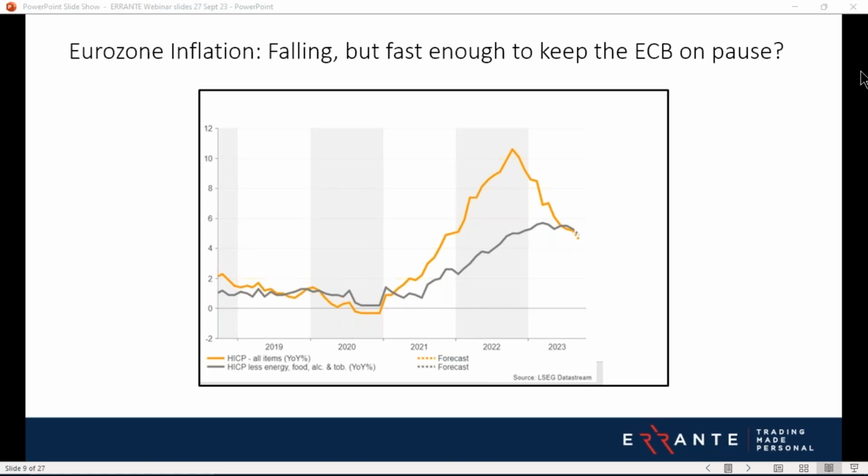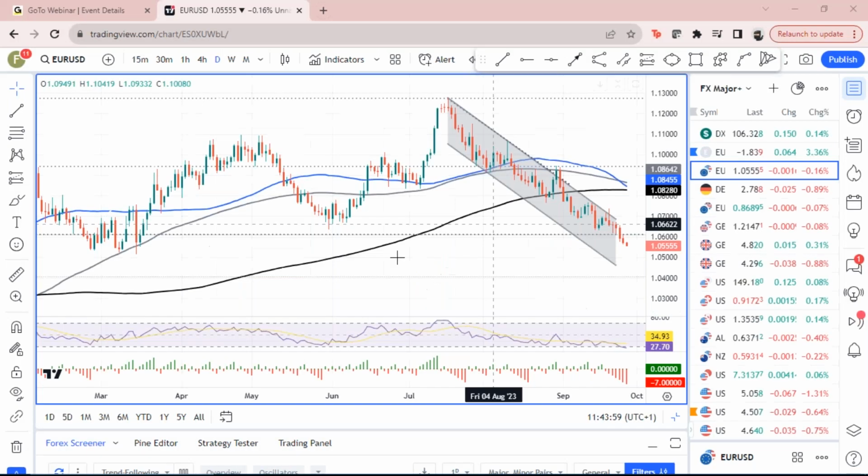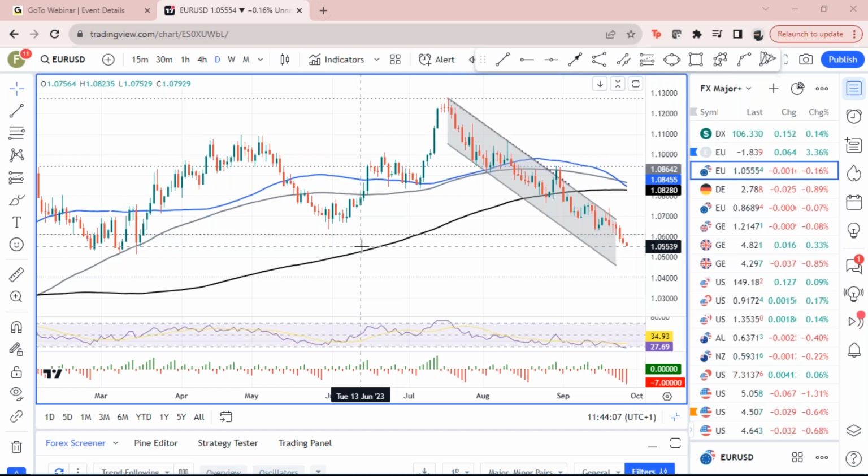As for the euro, just bear with me 1 second and I'll just pull up that chart, which we haven't looked at just yet, which is here. Well, positioning firstly for euro dollar net long scaled back further actually in the recent reports, fell below 15% of open interest. That was the first time since October last year in the week leading up to the Fed meeting.